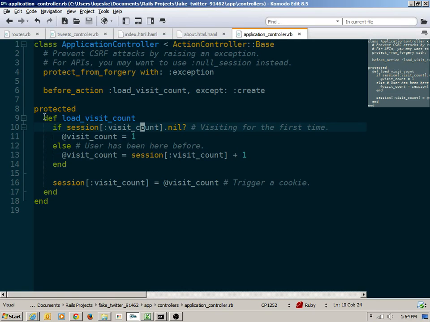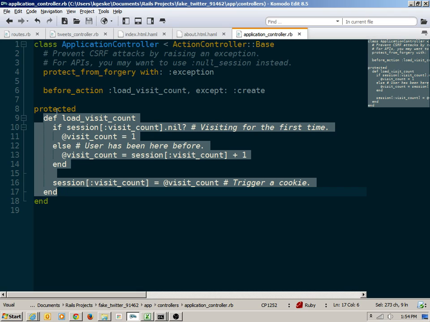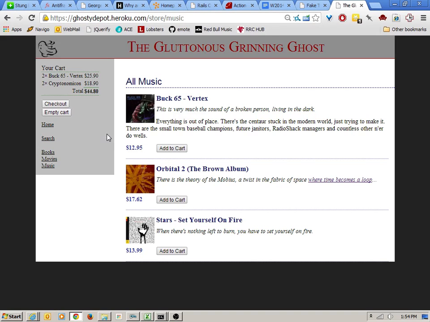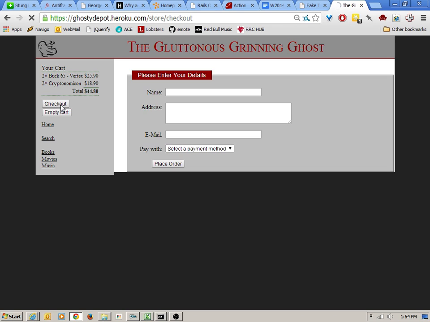something similar to this, where I have a before filter causing my session to be instantiated and put into an @cart variable that I can then make use of inside of, I think, my application layout. I just have a section so that if there is an @cart variable, display it, and I'll probably have an @cart partial to do that. At any time then the user can click checkout, at which point they could start the checkout process, or they